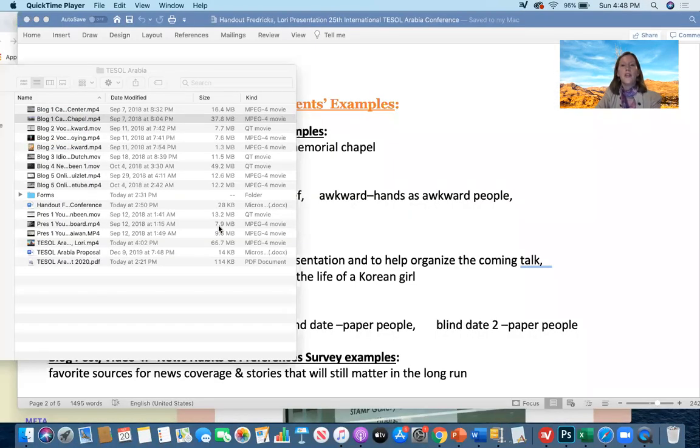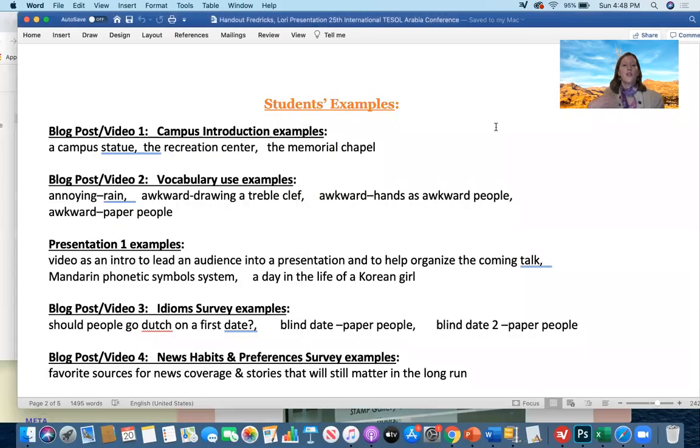Okay. So you can hear her using very sophisticated expressions, multi-word units. You know, she said multifaceted campus. So they would experiment. Of course, we had some target language that was introduced and meant to be used in the videos, but then they ended up integrating more and becoming collectors of new expressions as they used them to prepare what they narrated, or in the surveys as they talked to people about different topics throughout the semester.